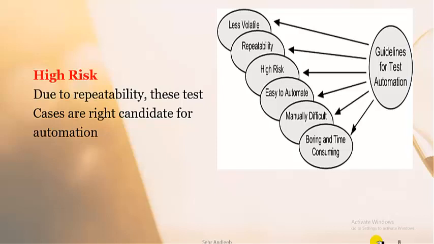The category of high risk should be automated, and we should prefer automated test cases and not manual test cases, because checking the high risk elements manually will take a lot of time, because we will repeat those test cases after a single change. We will repeat it again and again, and it is very difficult to do manually, because it takes a lot of time, a lot of effort, and it's very hectic too. So you must prefer the automated test cases in this scenario.